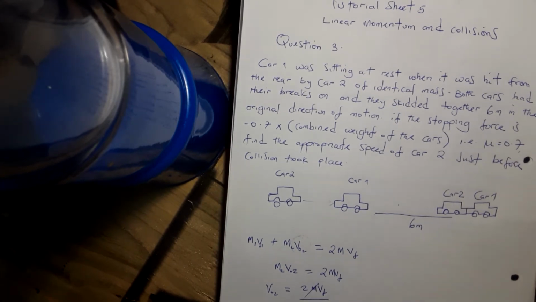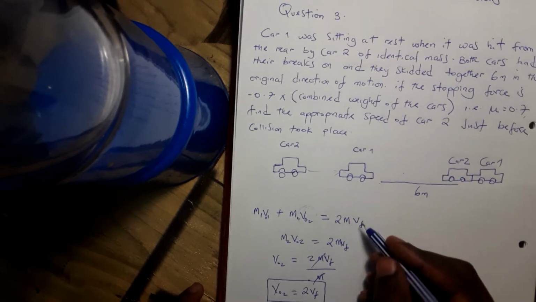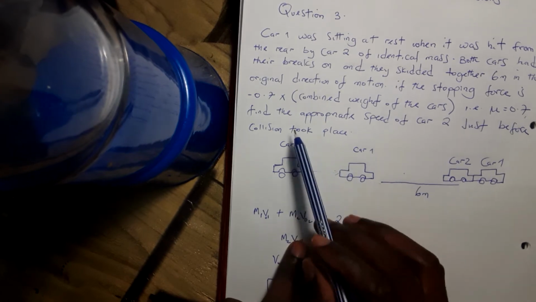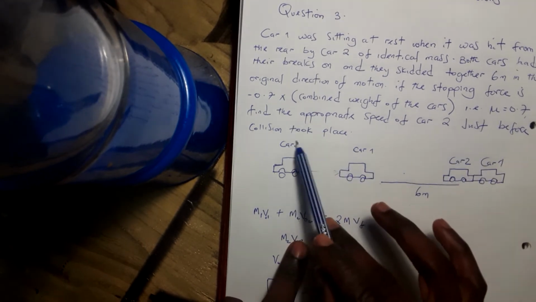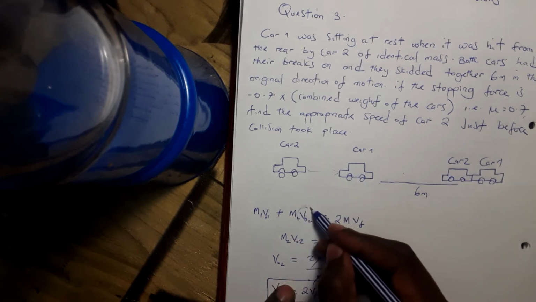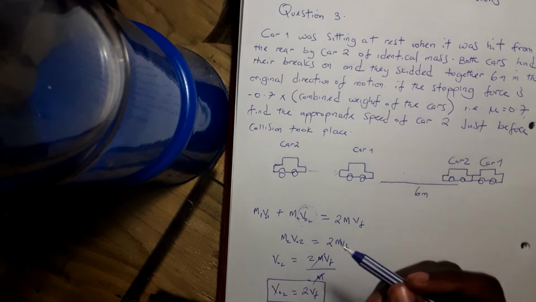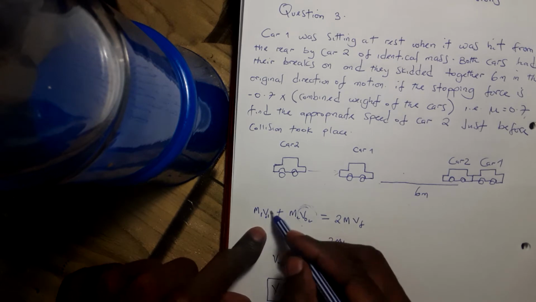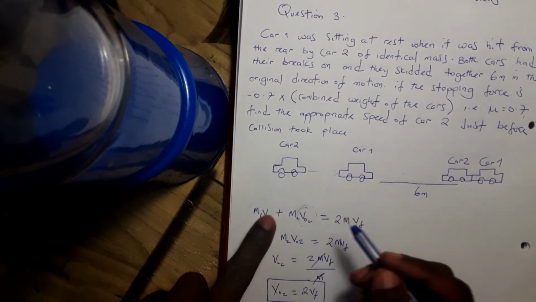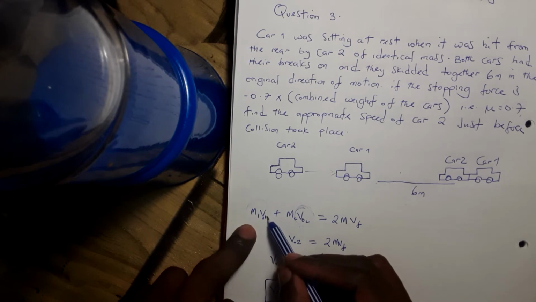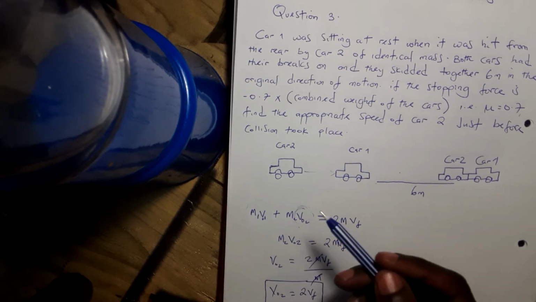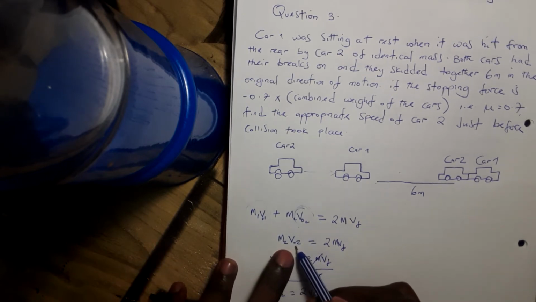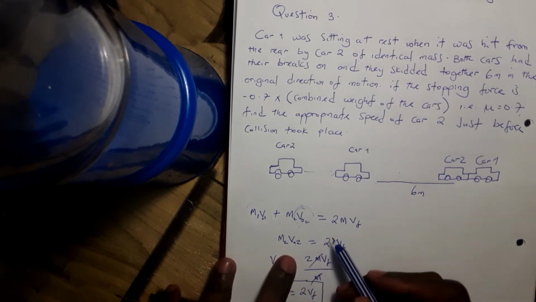So we shall say, okay, since the question requires us to find the speed of car 2 before the collision took place, this is the initial speed of car 2 which we are looking for. We know that the initial speed of car 1 was 0 because it was at rest, so this will go out. 0 times the mass is 0, so we'll remain with the mass of car 2 times the initial velocity of car 2,